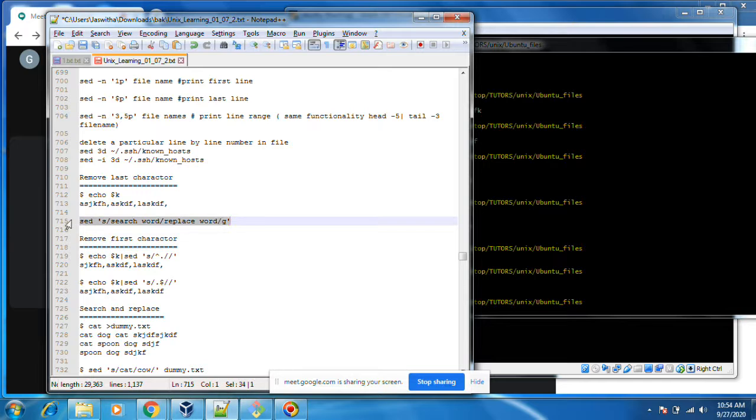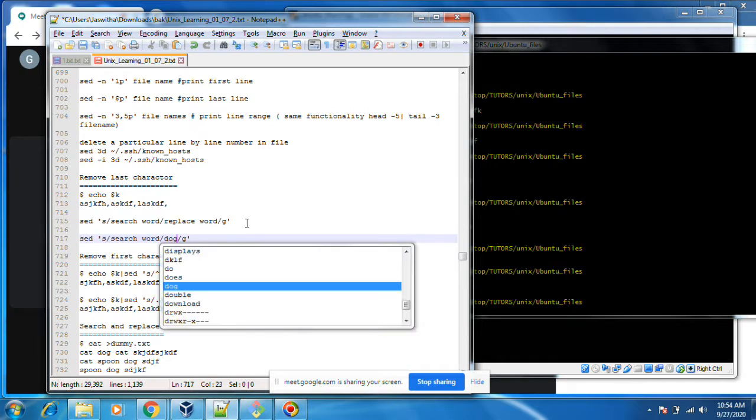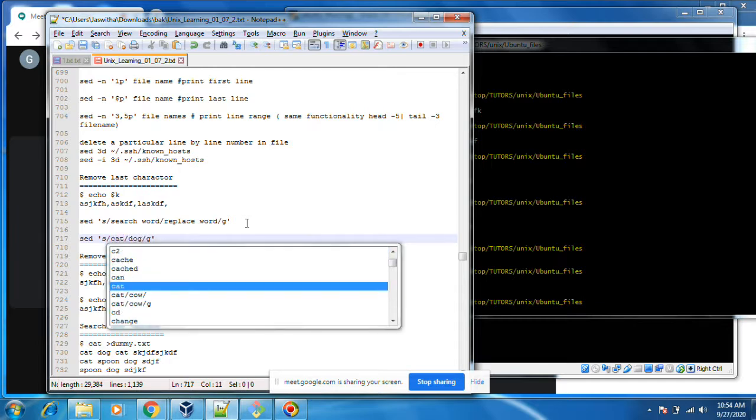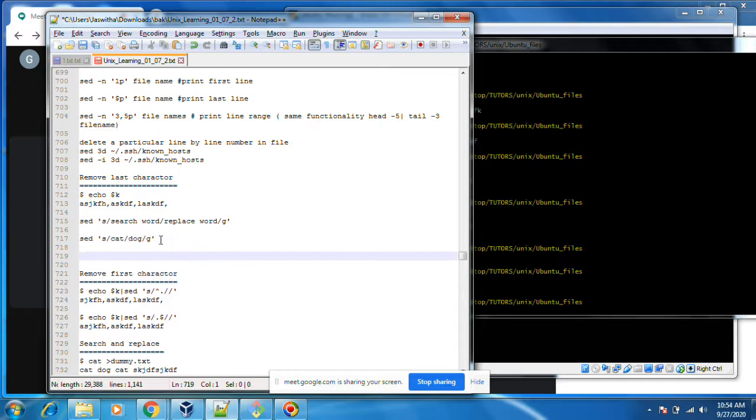Let's see this example: I want to replace cat with dog, and then I want to remove cat in the file. If you want to remove the search string, you just give empty in these slashes.